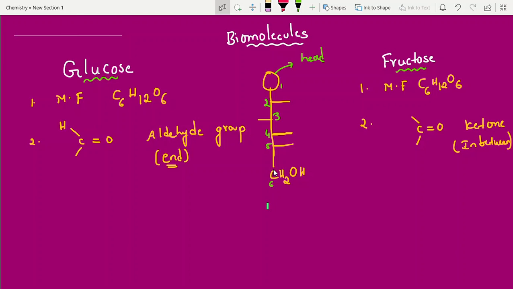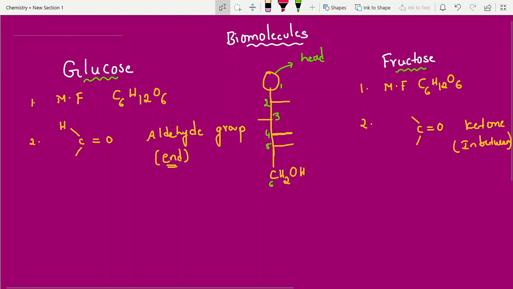Afterwards, I am going to give information about polysaccharides. Next, followed by amino acids, which is very important for essential and non-essential amino acids. Some shortcuts I am going to discuss. And the last part is nucleic acids. Okay, now let's begin with glucose and fructose, students.